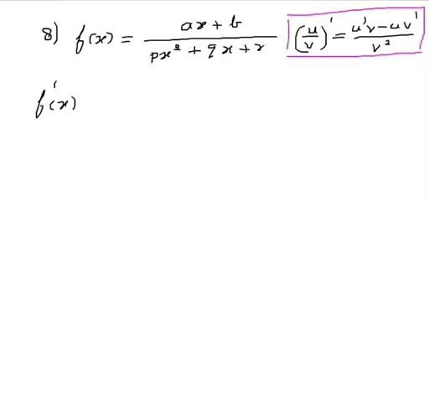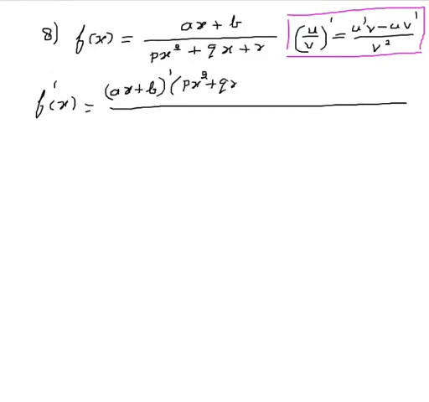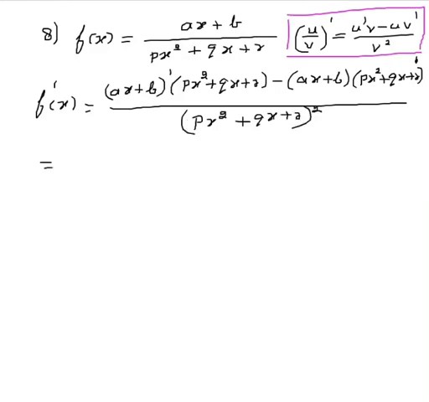Therefore, f dash of x is equal to ax plus b dash, and v is px square plus qx plus r, minus u is ax plus b and px square plus qx plus r dash divided by px square plus qx plus r the whole square